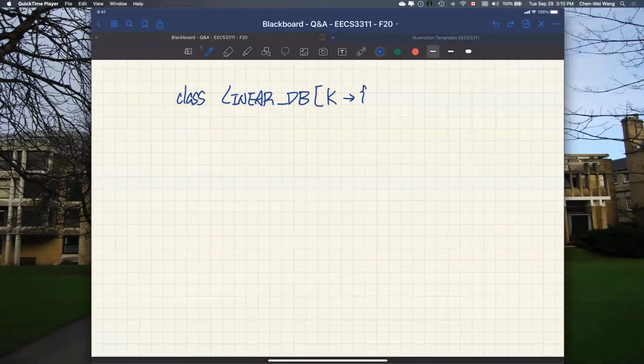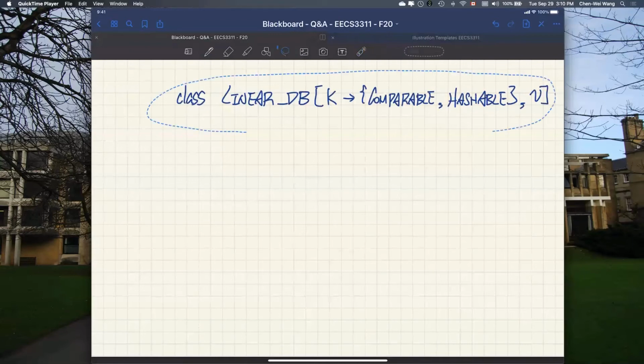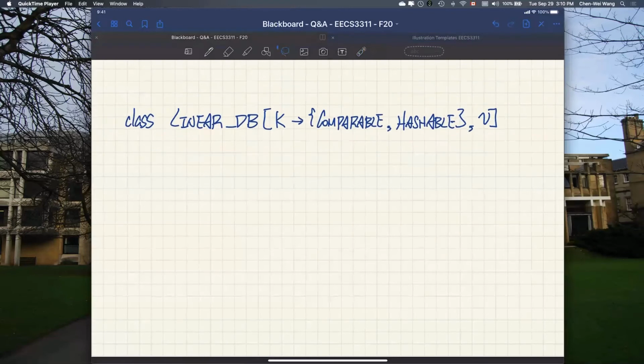So he was asking about curly brackets and then comparable. And also we got hashable. Good. And also we got V over here, right? Okay, good. Let me put another 2 classes into context, and then you will see what I mean over here. Let me just show you something. First of all, this particular class inherits from